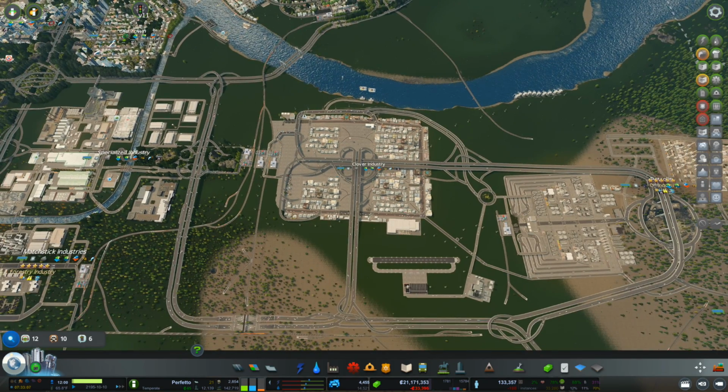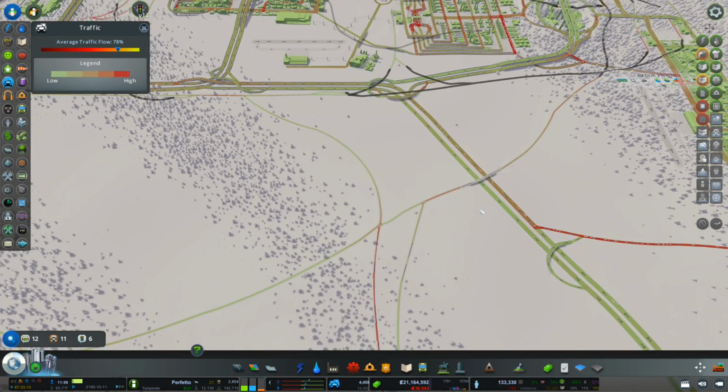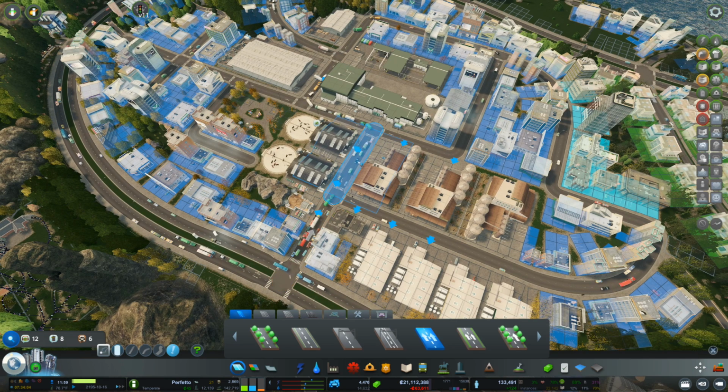Okay, before we continue, I want to evaluate how the city is going. 78% traffic. Let's identify a problem or two. Observing this little bit for a while, I feel like we can upgrade more of the road into a one-way. We should do that. So instead of just the entrance, we're also gonna upgrade this...